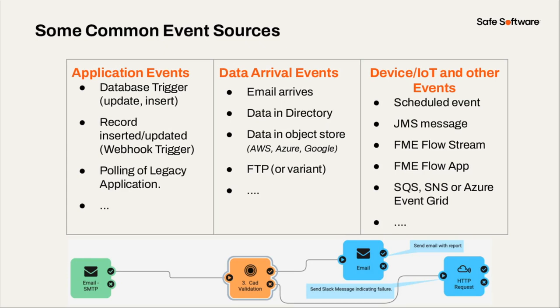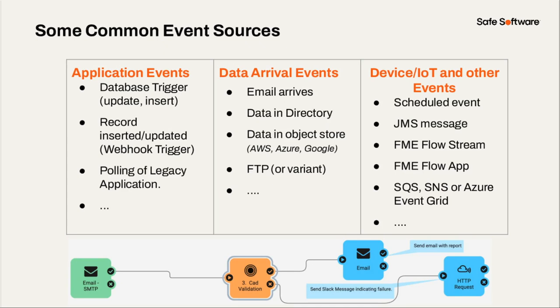Polling, that is an event as well. There's lots of legacy applications out there that don't have the ability to post to a webhook, or they don't have any automatic way of doing anything like that. But you can poll to check for data, and we have those on those legacy systems. You might have a system that has a timestamp, and you can do queries to poll it. And of course, there's many other data arrival events. We saw that with Matt's example. When email arrived, it did it.